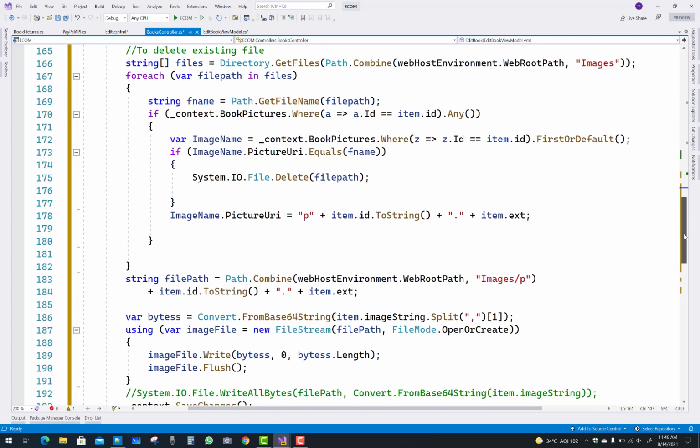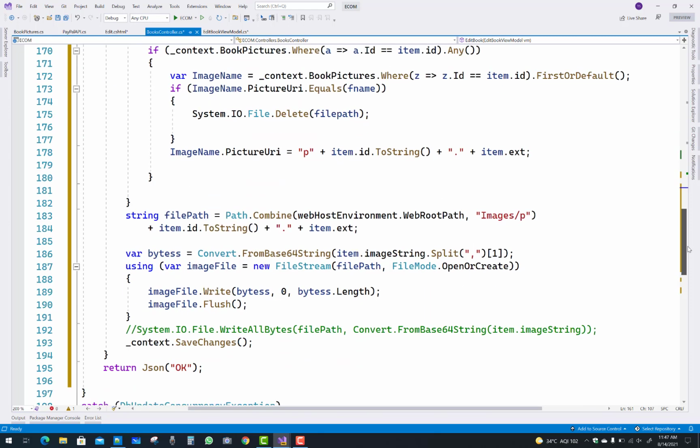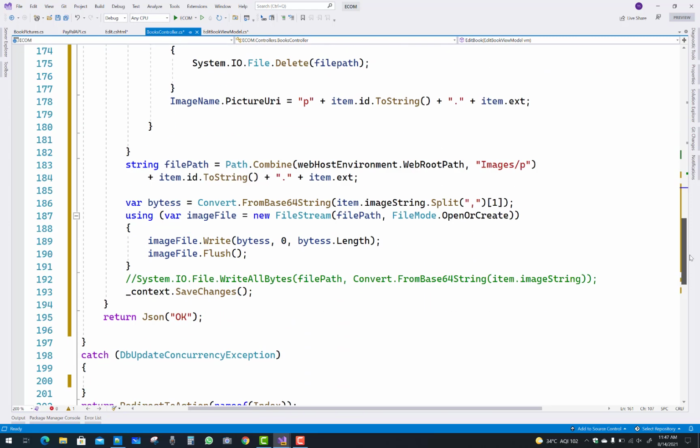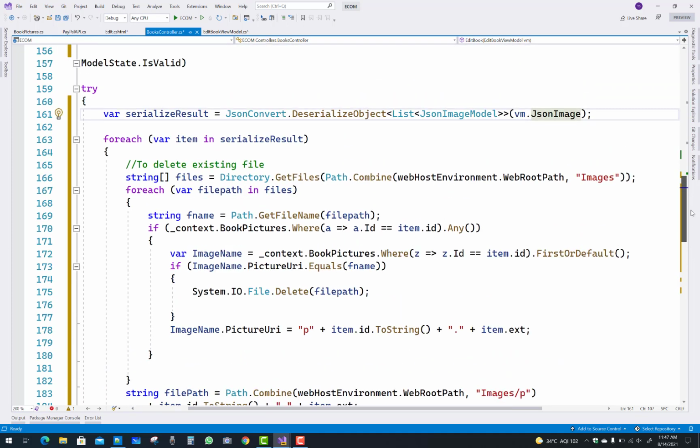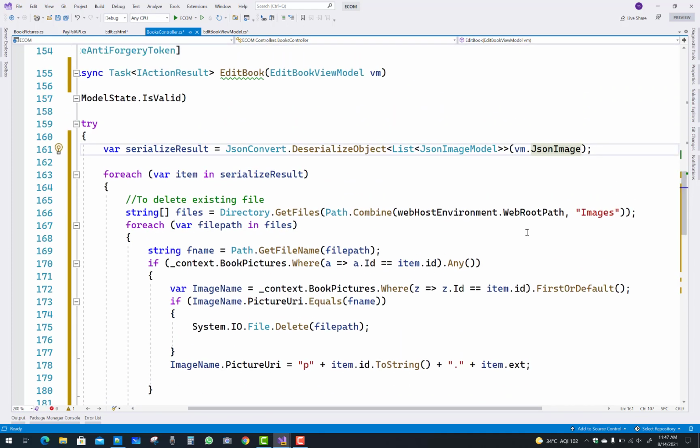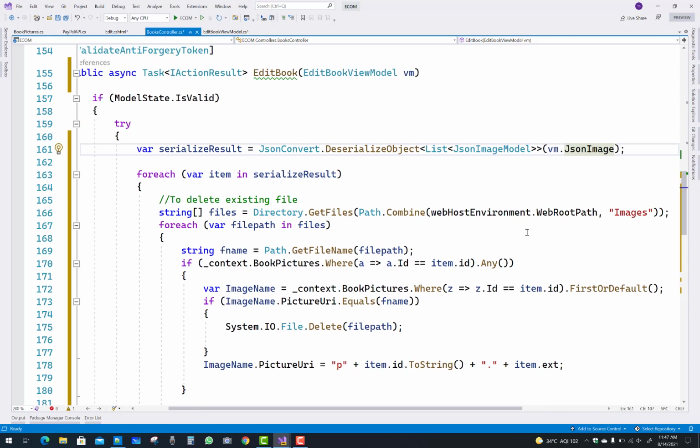If you want to understand that code, you can use that here we have a directory, and just remove those files that you want to change. There is already existing, and you want to remove the images from the directory also, and the file name will be saved into the database in the form of the id.